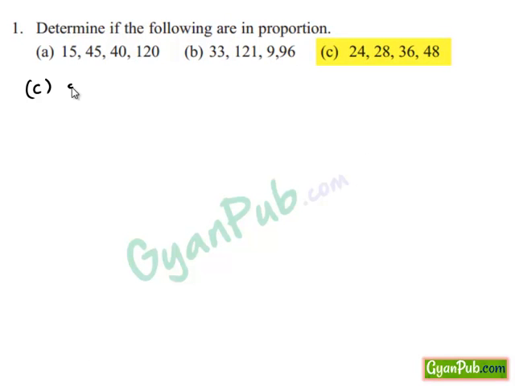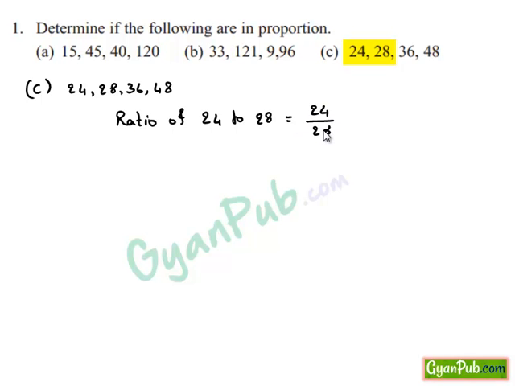Take down the C bit, 24, 28, 36, 48. We know that ratio is comparing two quantities of same units. So first find out the ratio of 24 to 28. This can be written as 24 upon 28. Here we can observe that 24 is equal to 4 times 6 and 28 is equal to 4 times 7. So by rewriting this, 4 times 6 upon 4 times 7. 4 in the numerator and 4 in the denominator gets cancelled, which gives the ratio of 24 to 28 as